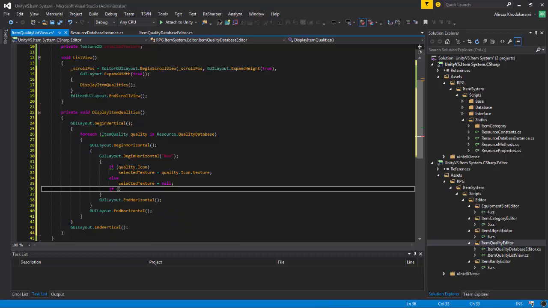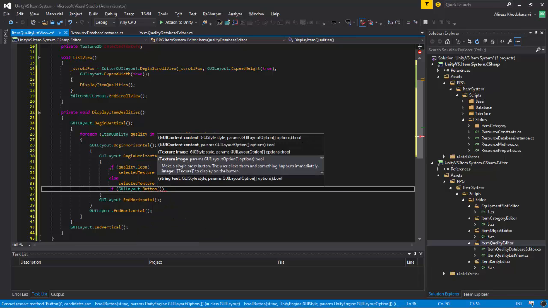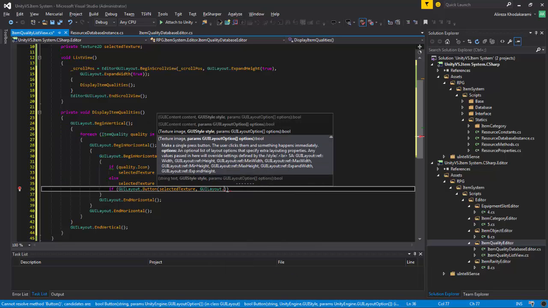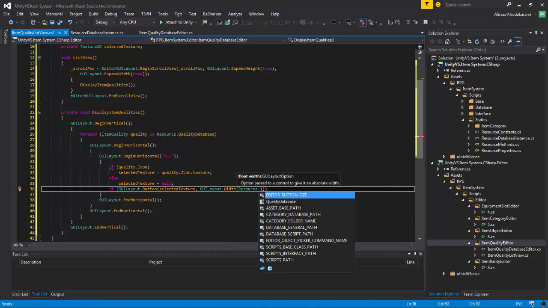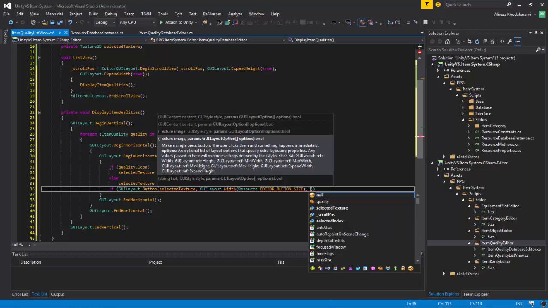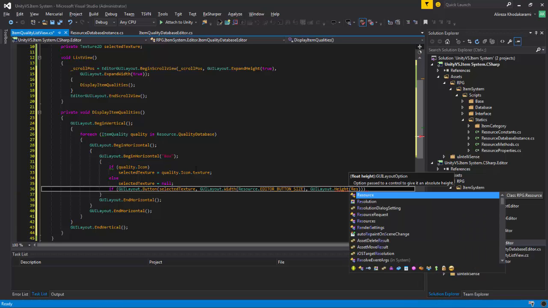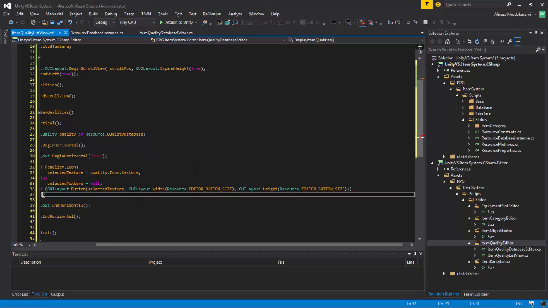And we say if GUILayout.Button. Take a look. We have an overload that accepts an image. Okay, that is the one we want to use. selectedTexture, comma, GUILayout.Width, and I will use one of those constants, editorButtonSize, and GUILayout.Height, again the same constant. Okay, so if that's the case,